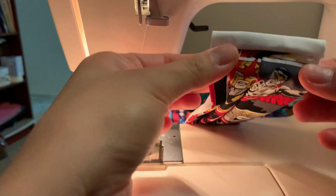Right, now that we've got both sides done, our mask is pretty much done. All you need to do is add in some form of strap through here. I use a paper clip on the end of my strap. The way that we made this was by taking a long piece of fabric, and we took both ends, folded